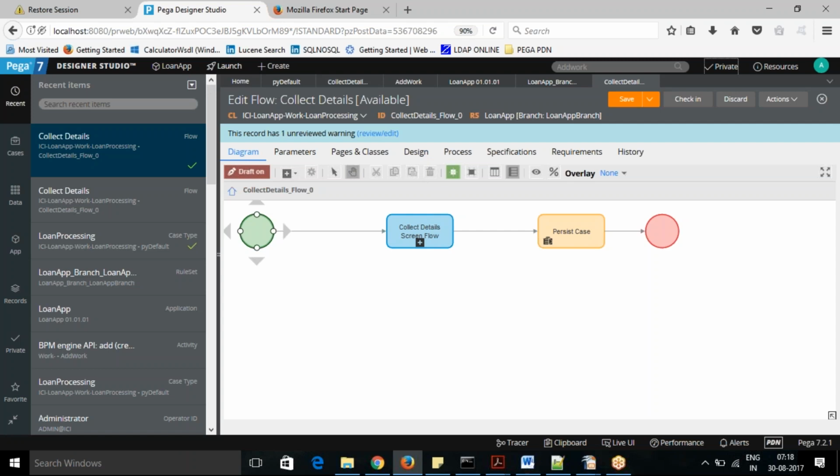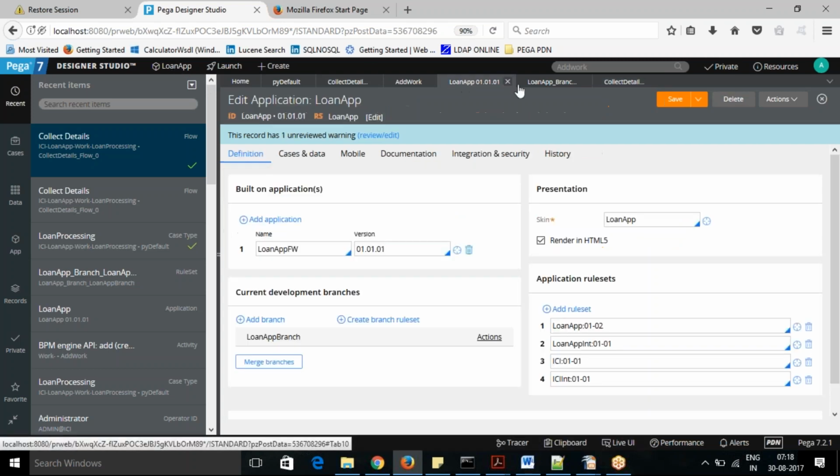So normally, like your main application, if you can see here,